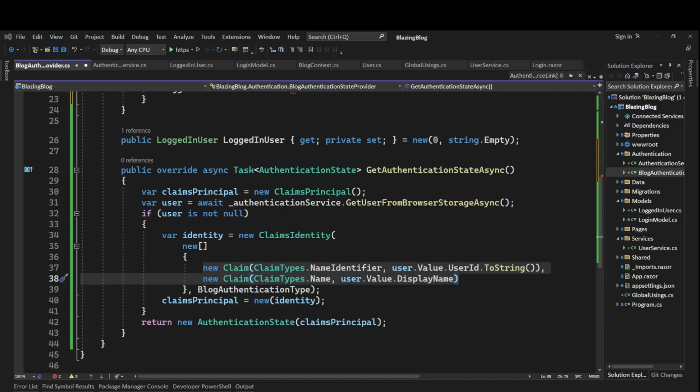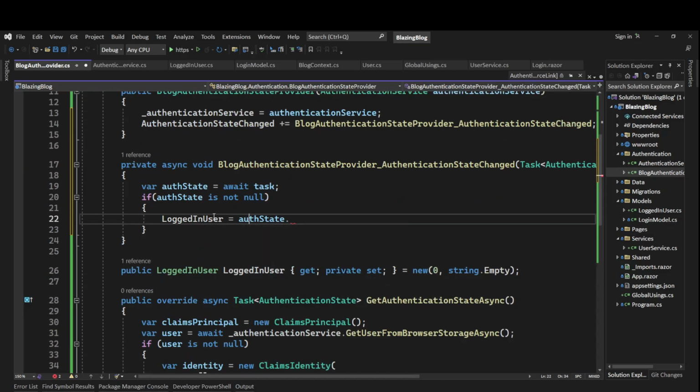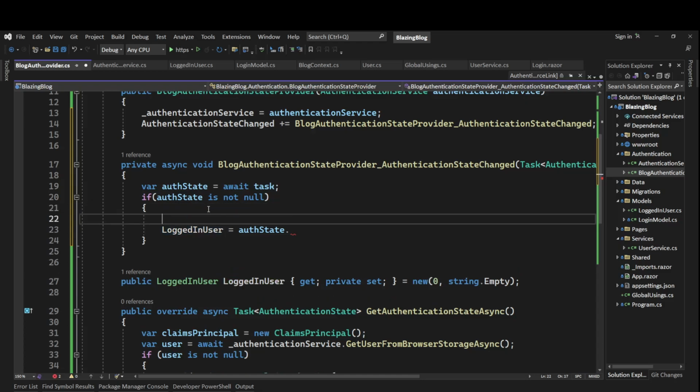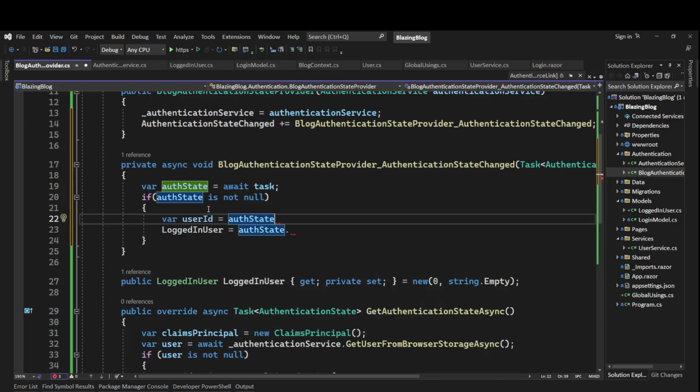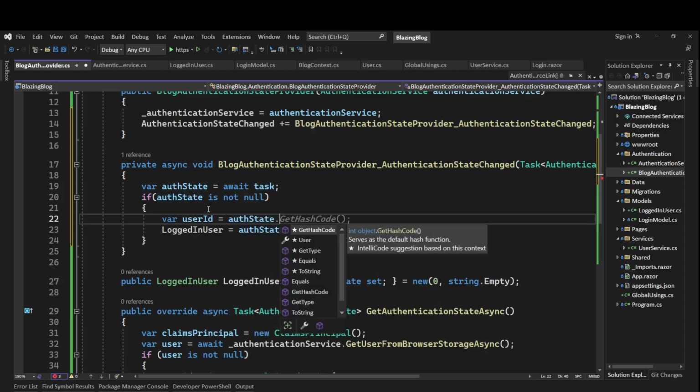So when we are reading the data out from it, we'll again use the same thing, right? So before setting it, let's say user ID, we'll get it from auth state dot user dot